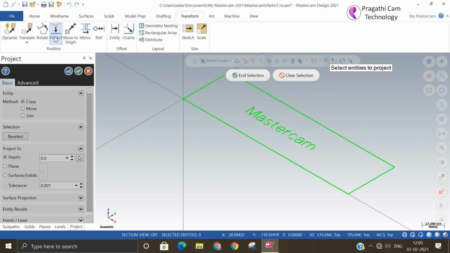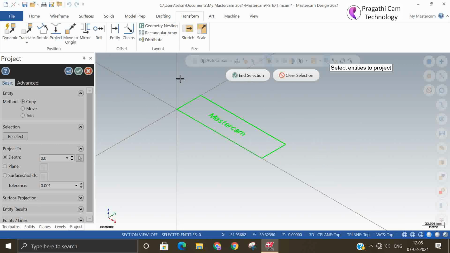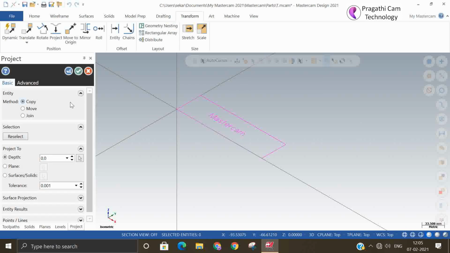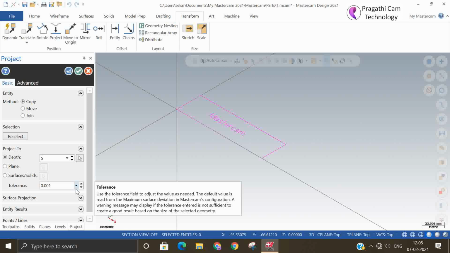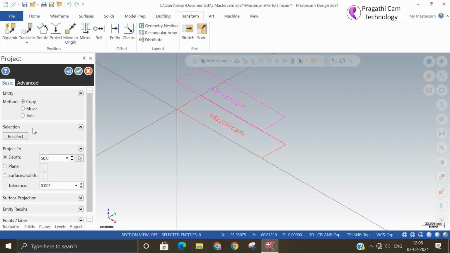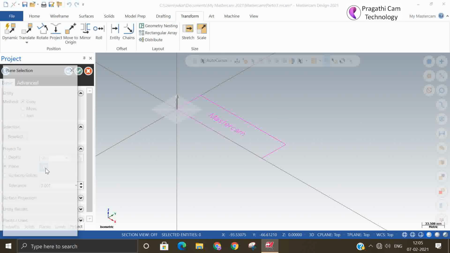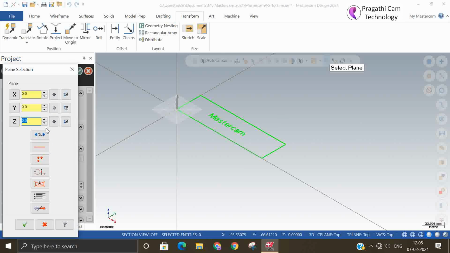So now the whole thing I am going to project. Some height I want to project. You can give that height, will project over that height. Or otherwise, if you want to do it on the plane, that also you can project to the plane.